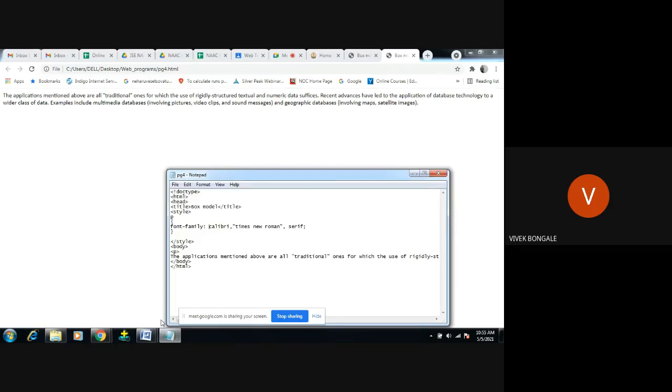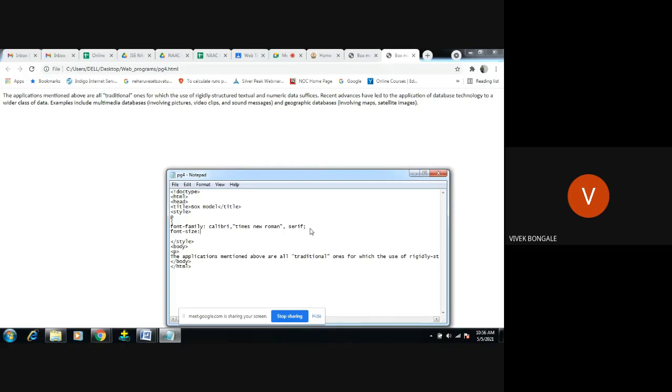Then font size. I want to give the font size now, so for that we have font size colon.